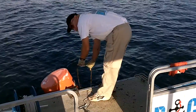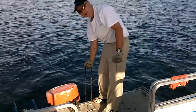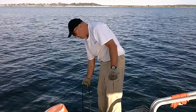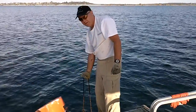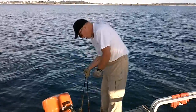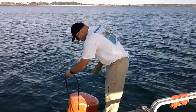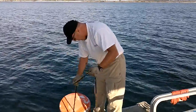Yep. Hi there. We're out on Folsom Lake, pulling up the excess scope on the FLYC racing marks. The lake is heading down, so we're going to pull up all the extra line. So we're out here at Mark 5, pulling up all the extra scope, and